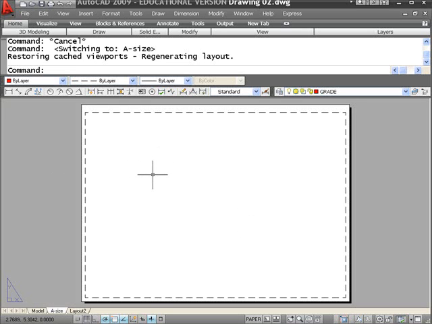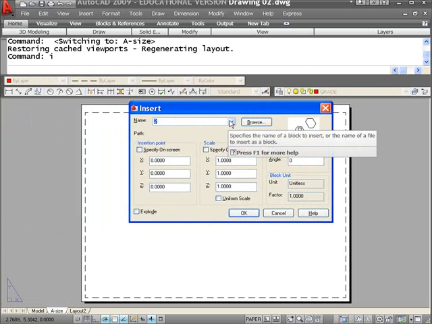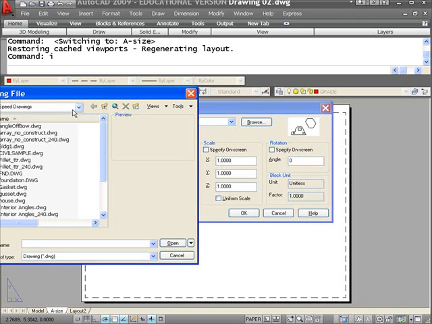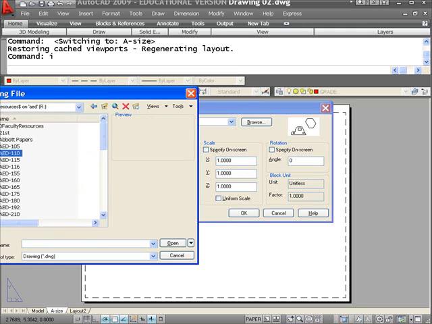a title block in. To put the title block in, I'll type I for insert, and we're going to insert a block. This drawing has only one block, which is the block I used when I graded your drawing, or that somebody used when they graded your drawing. If we go to the Browse button, go down to the R drive. The R drive and AED 110, that's the folder that you go to for things pertaining directly to our class,